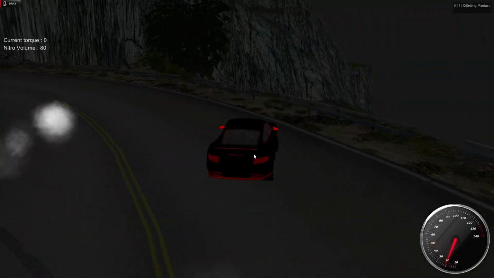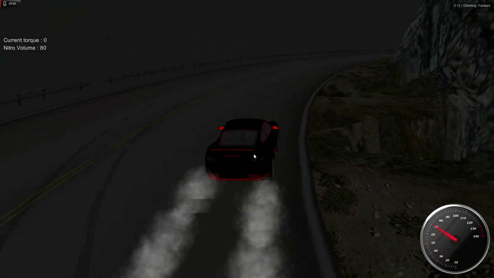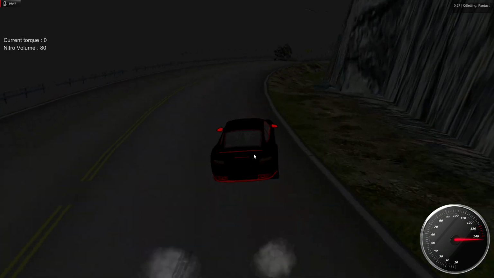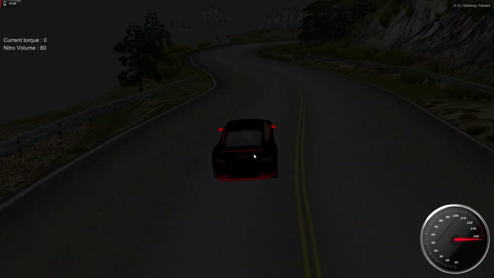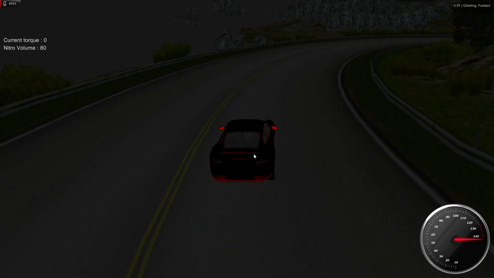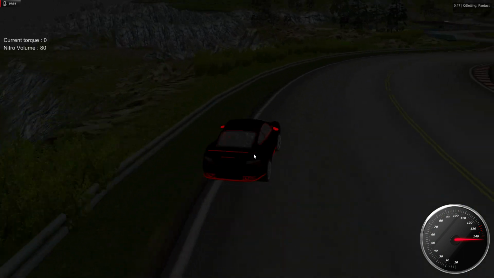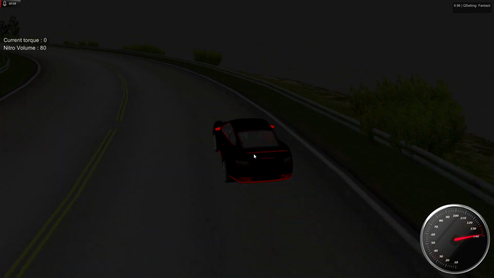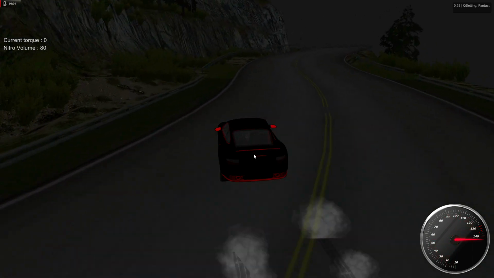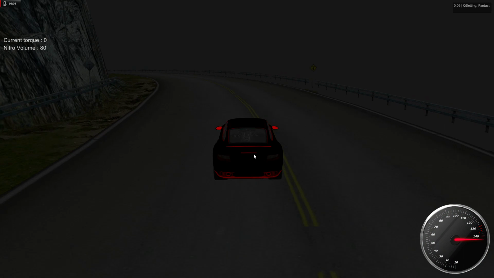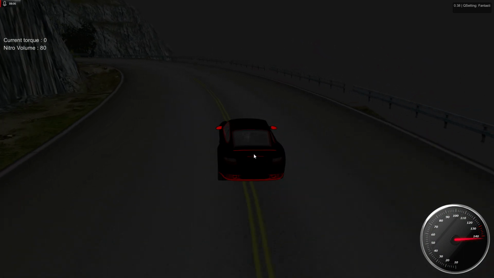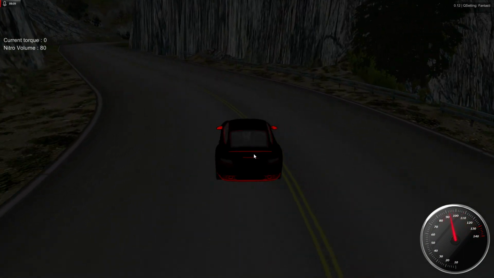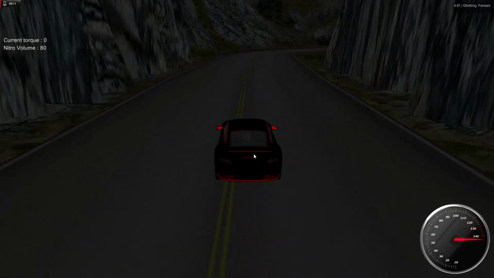When you're going slow, it's fine, but when you're going really fast, you tap the keys, and you'll see it later because I've done something similar to this in Unity 5. But when you turn, your car just flies to the left or the right, and it's terrible. This actually controlled like a legitimate car, and also that's not how a speedometer works. It does not go that fast.